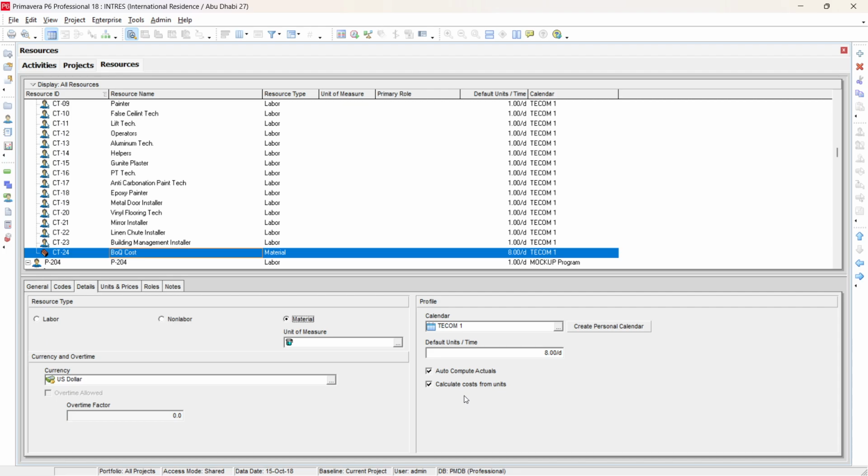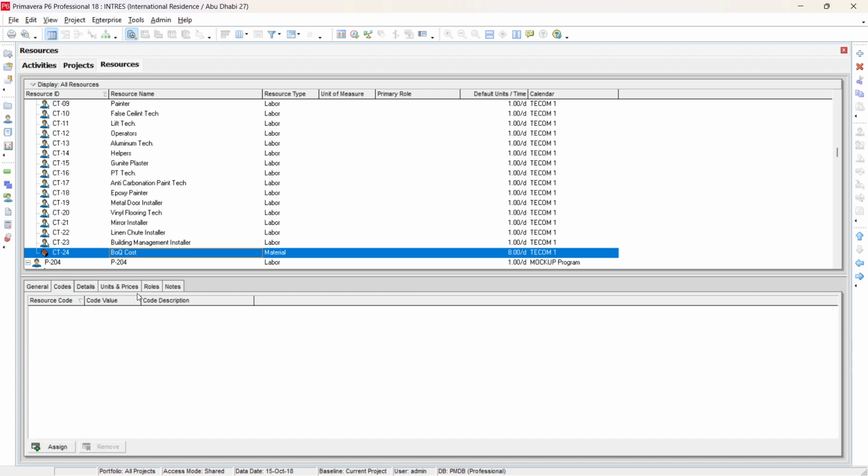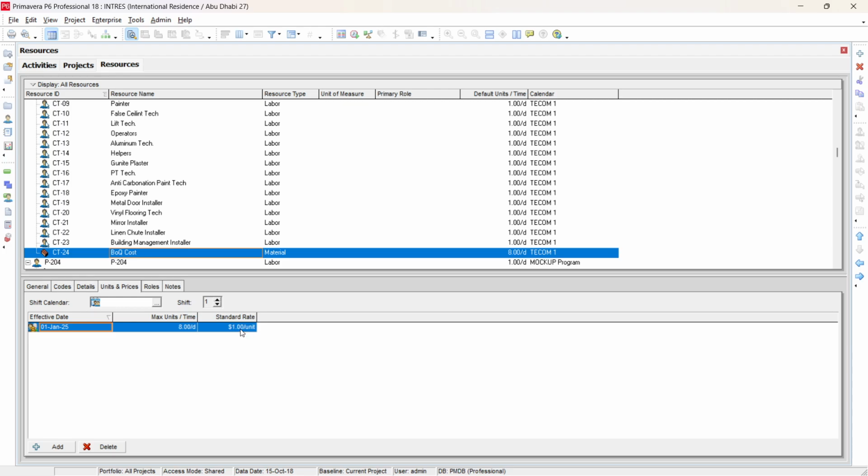Now here's the tricky part. If you go to the Details window in the resource, you will find two options: Auto Compute Actuals and Calculate Cost from Units. You have to remove Calculate Cost from Units. Otherwise, what will happen? You will assign the cost in BOQ cost, and it will also add the resource cost. The resource has a duration, and because you assigned the price as $1 per unit,